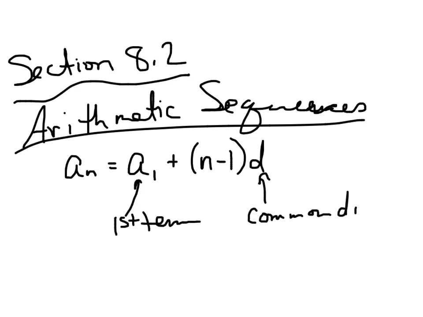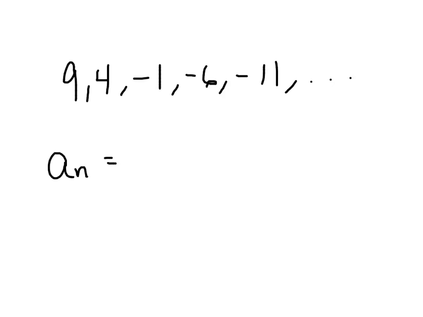I know that a lot of you know that difference means to subtract, but what they're referring to in this particular case is what number do I add or subtract every time in order to get the answer. In this first example, they're going to give you a sequence and ask you to figure out the nth term. If they say something like 9, 4, negative 1, negative 6, negative 11, how are they going? First of all, my first term was 9,